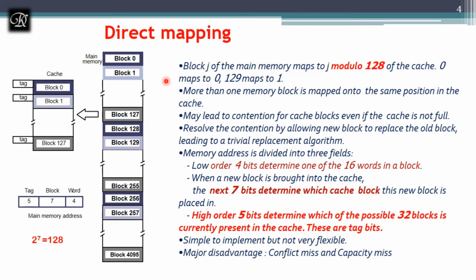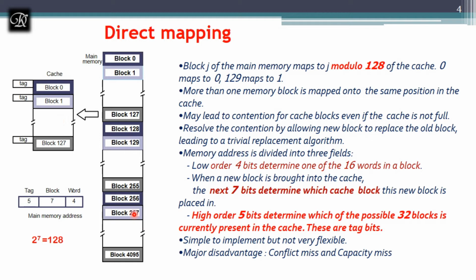The advantage of direct mapping is that fewer comparators will be used. We have heard a term called comparator, which is there in the logic design subject. The job of the comparator is to compare the existing address with the addresses available in the cache. So this has fewer comparators compared to the other two techniques. The hardware required for direct mapping is less, but it has major disadvantages also.